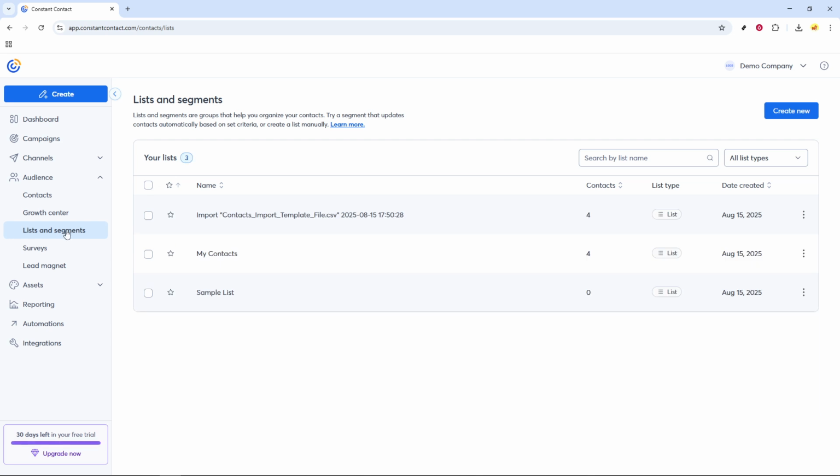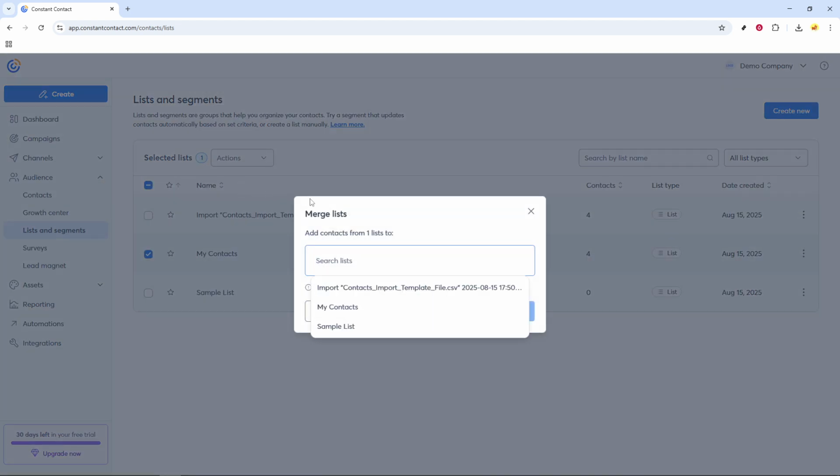Next, review the lists and select the main contact list you'd like to work with. Once you've chosen the list, look for the Action button at the top, usually represented as a drop-down menu. Click this button, and when the drop-down appears, select Merge. This function is beneficial for consolidating multiple smaller lists into a larger, more comprehensive list, giving you a streamlined contact